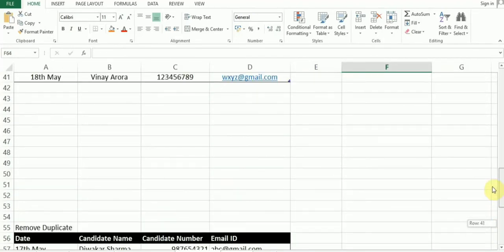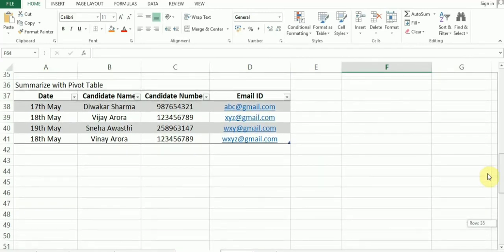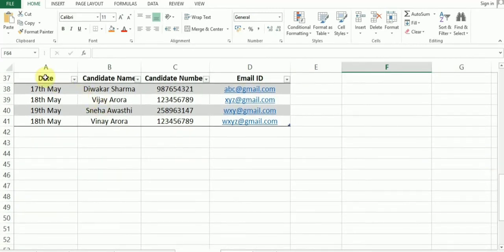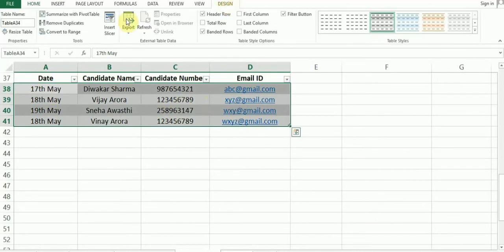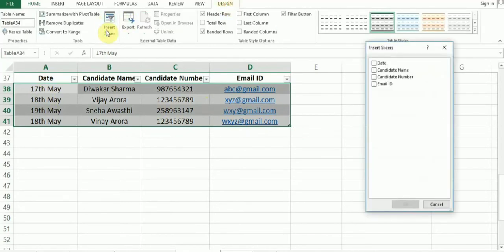Now let's see the last example. Insert slicer. Now insert slicer helps you in a very unique way. Now let's say you select date as a slicer.